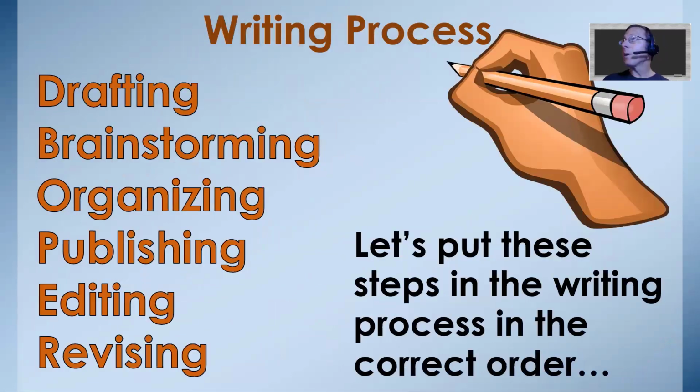We're going to go ahead and put these steps in order. Okay, so the first step in our writing process is brainstorming. This is where we come up with ideas, and they don't necessarily need to be good ideas, or we don't need to think about whether there's something we want to pursue or something that we want to get rid of. Just come up with as many ideas as you can. When you're in the brainstorming process, there are no bad ideas.